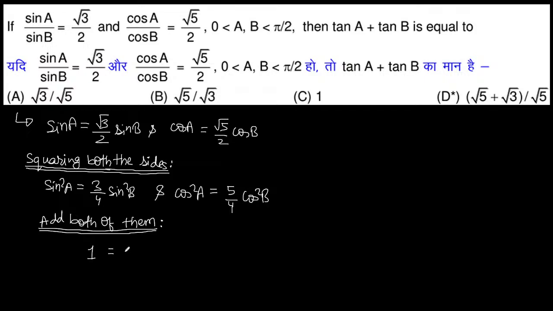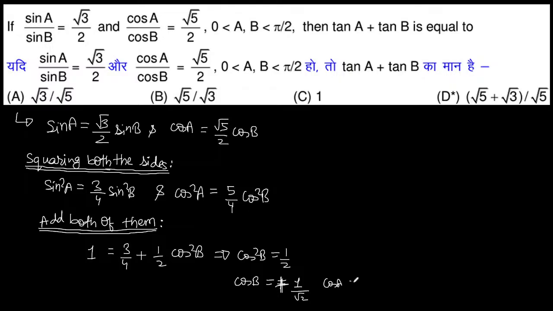We'll get 1 equal to 3/4 plus 1/2 cos square B. So cos square B is equal to 1/2 एंड कॉस बी इक्वल टू प्लस माइनस, तो ए और बी एक्यूट है तो प्लस 1/√2 ही होगा। कॉस बी प्लस 1/√2 हो गया, मतलब कॉस स्क्वायर ए 5/8 हो गया, तो कॉस ए √5/2√2।